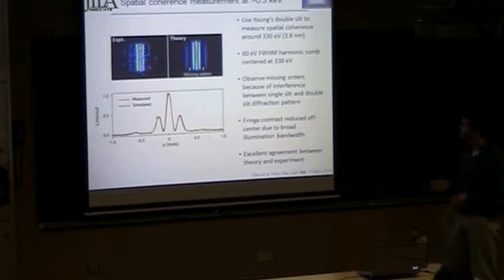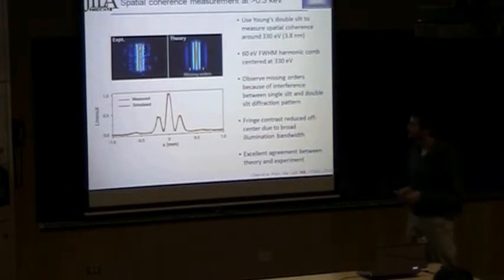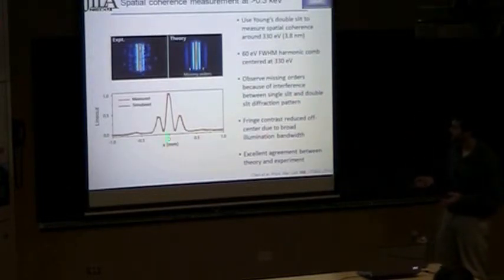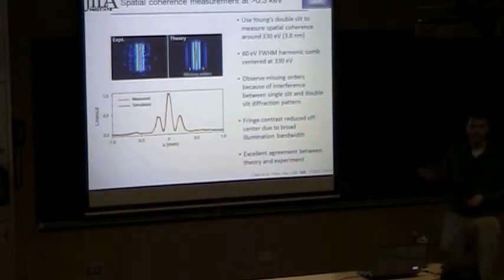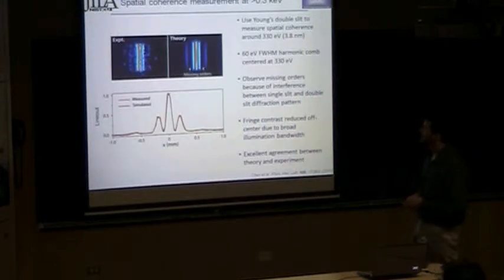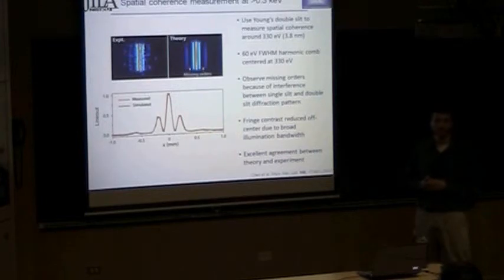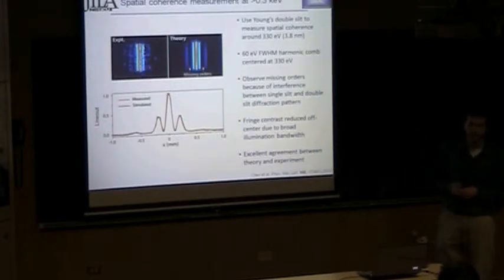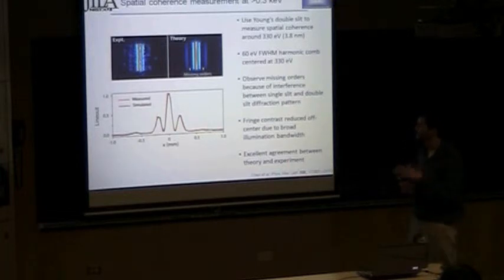And so what's pretty, we do see full fringe visibility, which tells us that the spatial coherence is good. But what's more important in my mind is that I worked on a project in a similar energy range when I first started, where we were taking the other approach, the high laser intensity, to hit it as hard as you can and get some harmonics out of these high energies.